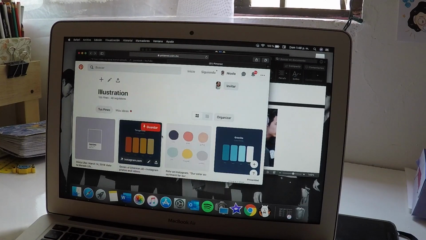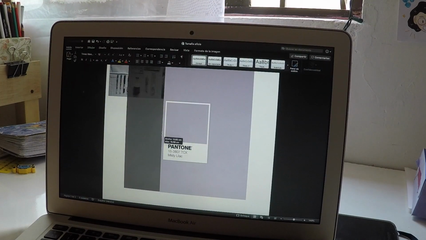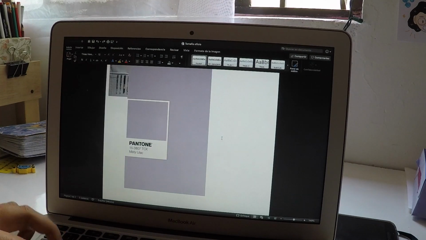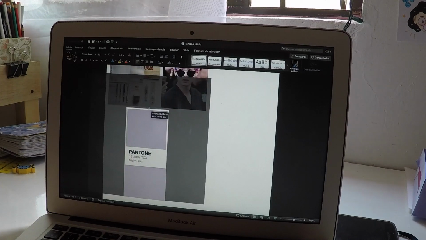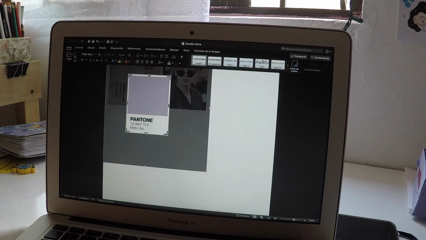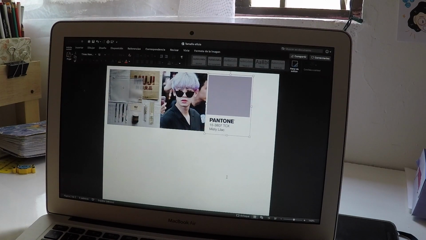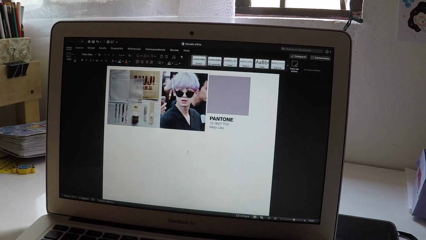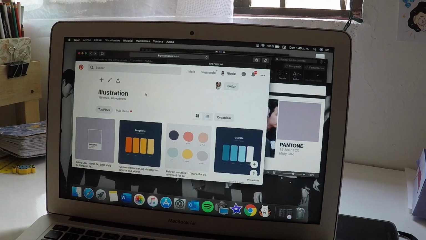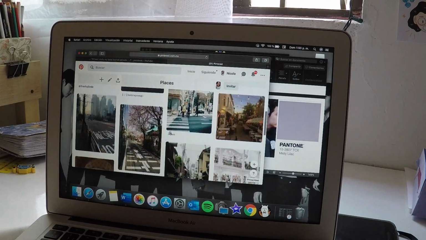Sometimes I resize them to 8 centimeters tall. Right now I'm doing kind of a different spread, so I want to have more pictures, but in a small size. So I rearrange them to be like 7 centimeters tall. You can do it in the format of the picture here in Word. There's tall and width, so in tall you put like 7 centimeters, and I do that because it's easier for me